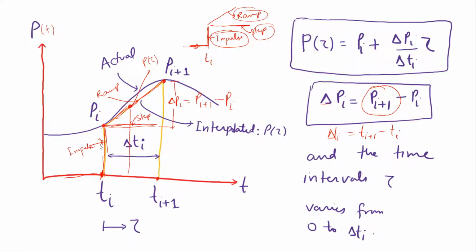So first one is the impulse acting at this position, and its initial conditions are u0 equals 0, and u dot of 0 is some u dot naught. For the step force at this point t equals tau, the initial conditions are both 0, and for the ramp force also at this position we are considering that the velocity and displacement are both 0. So these three we have discretized.